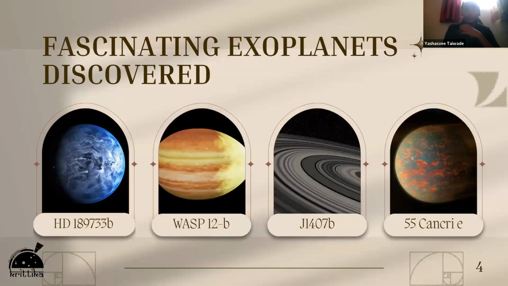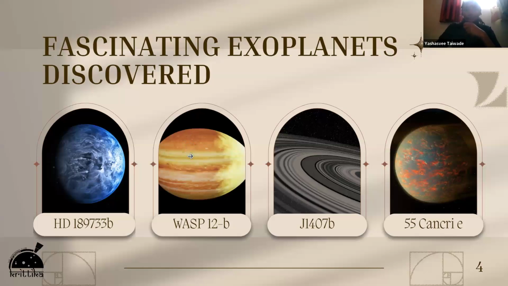Now these are some really fascinating exoplanets which have been discovered till now. I find these fascinating. The first one is HD 189733b. This planet is interesting because over here it rains glass, and not just that, it rains sideways. Getting hit by glass sideways would be quite a fun experience. Not a fun experience, a deadly one still.